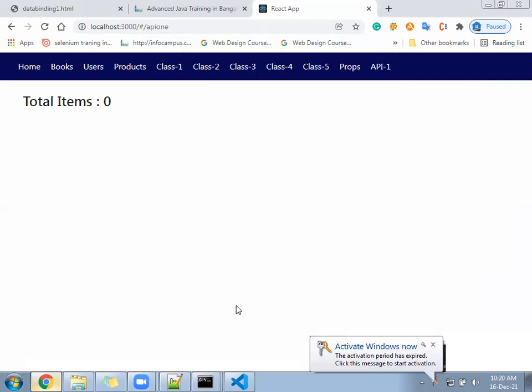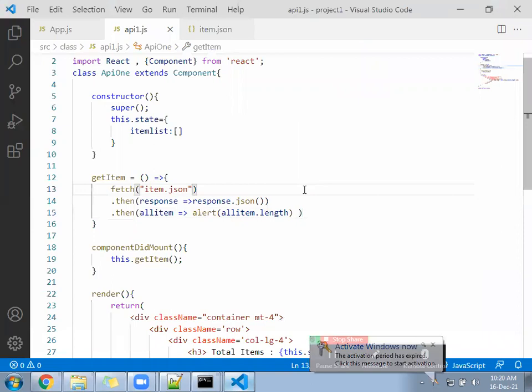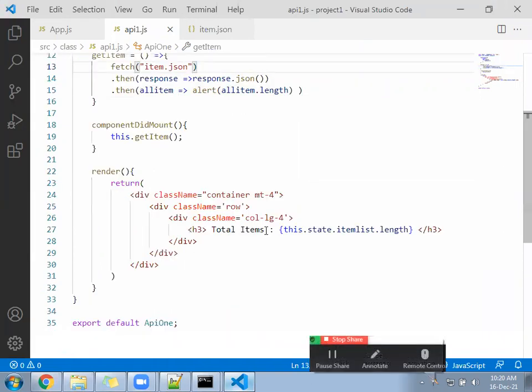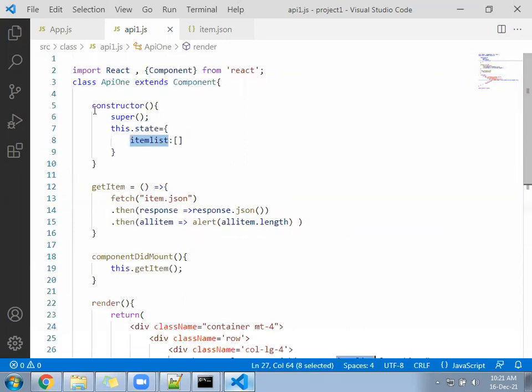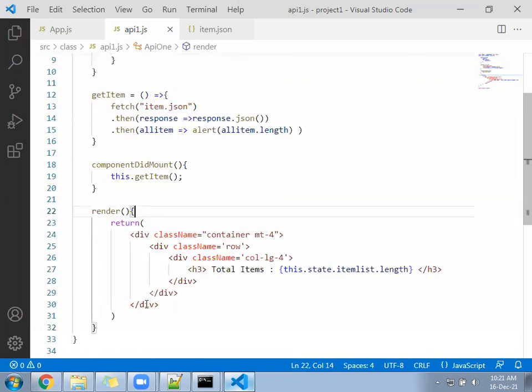Right? So when h1 has come, how did h1 come? Who printed the h1? The render function. h1 got printed in the browser because of render. That means render has executed first. Inside render, you are using the item list, item list dot length. It is not throwing any error. It is coming by default as how much? 0. That means before running the render function, the item list variable was ready. So that represents the constructor has executed first. Then who has executed? Render. Render has printed the h1 in the browser.